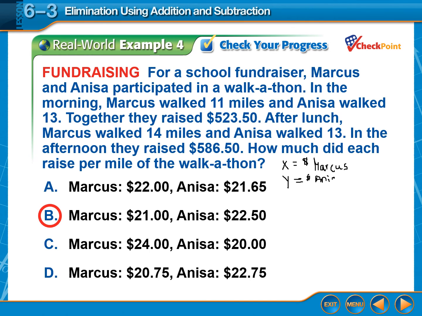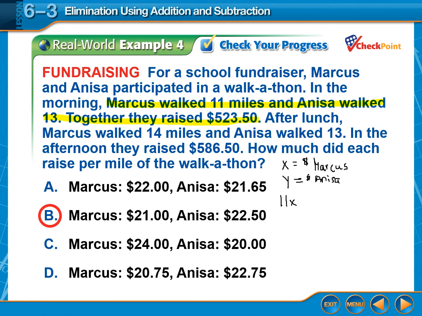And then once I know what x and y are, I can start setting up equations. So I know that in the morning, Marcus walked 11 miles and Anissa walked 13. And then altogether in the morning, they raised $523.50. So as an equation, I would say that Marcus walked 11 miles, so that's 11 times however much he